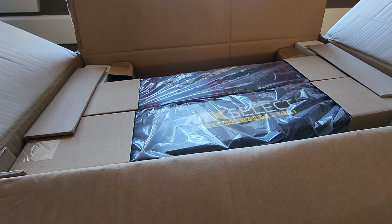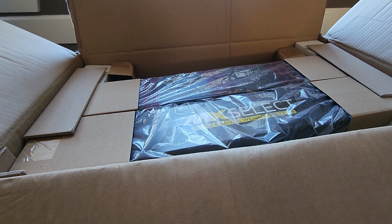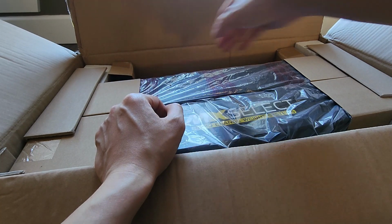So just some paperwork. And this is a small footprint for what the stands are going to be like. Also, another benefit of the stand is definitely it saves a lot of space, because right now I have the